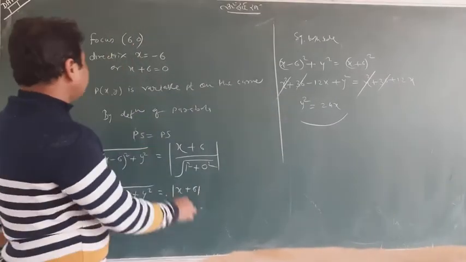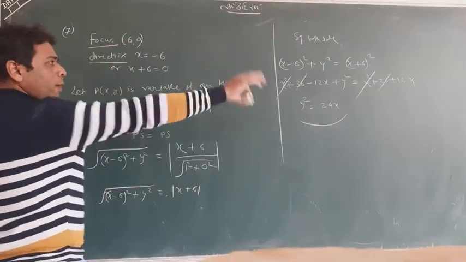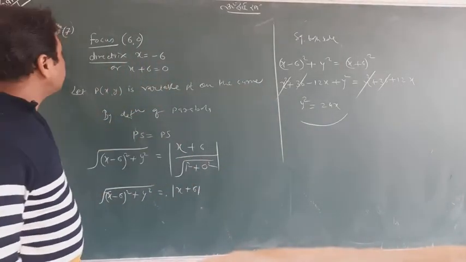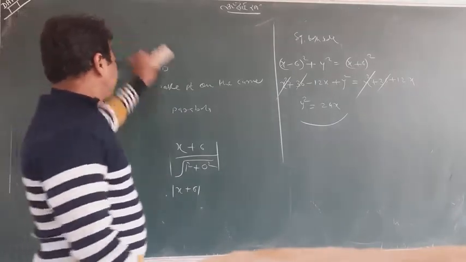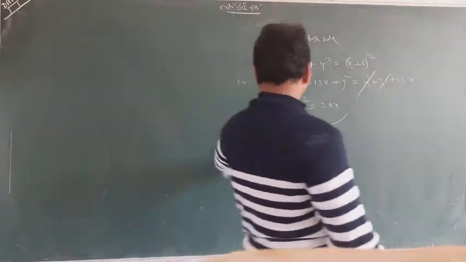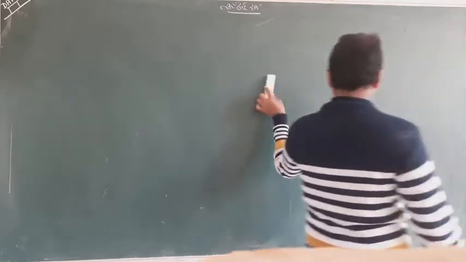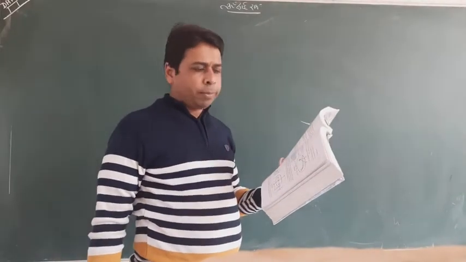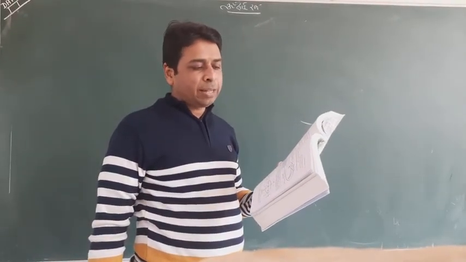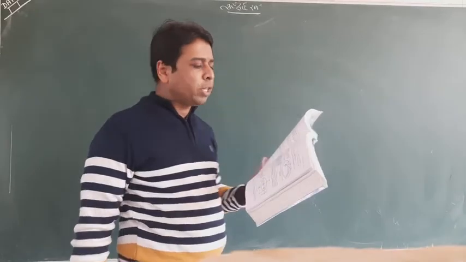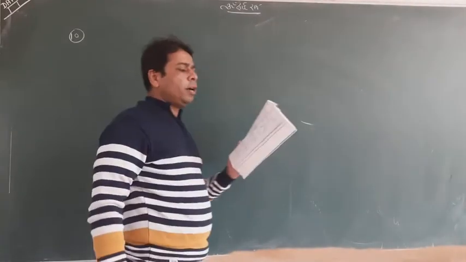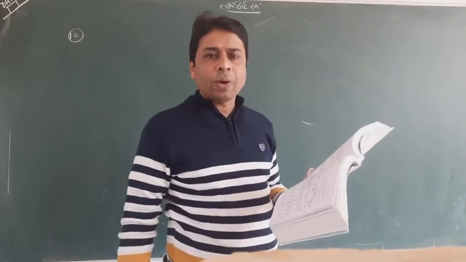So whenever the directrix is given and the focus is given, you have to use this definition, and the definition is PS equal to PM. So keep that idea in mind also. Now, question number 8 is also the same, so I am not telling you, but 9 and 10 are both based on something different, so I am telling you 9 and 10. I will tell you the 10th, you do 9. Here vertex and focus are given, so I prefer the picture.